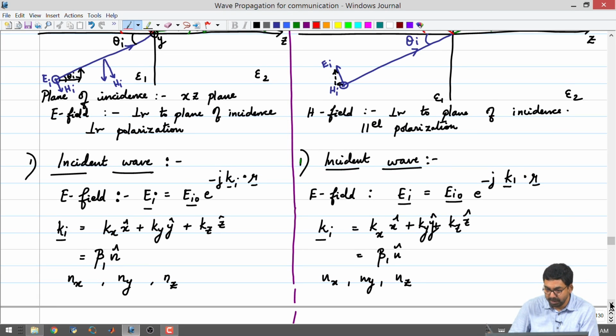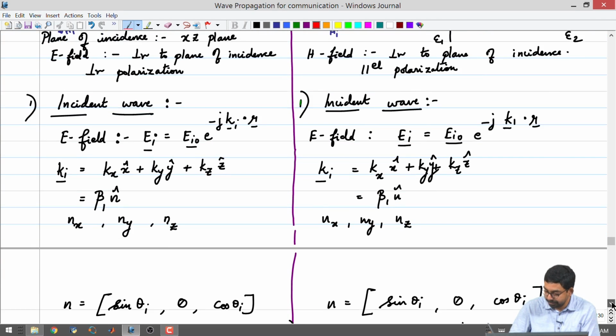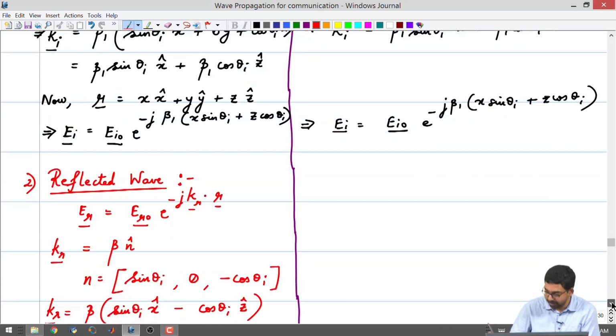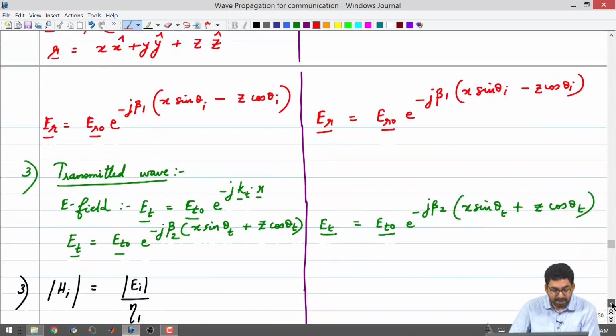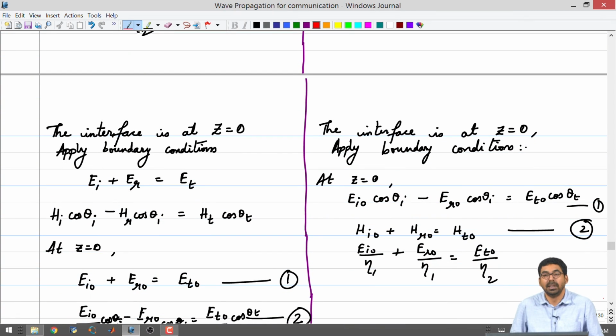We found that for both the polarizations, the form of the expressions for the E field and the H field were identical. The details are definitely different. The reason why the details relating to the transmission and reflection coefficients are different are simply because the boundary conditions are different for different polarizations.